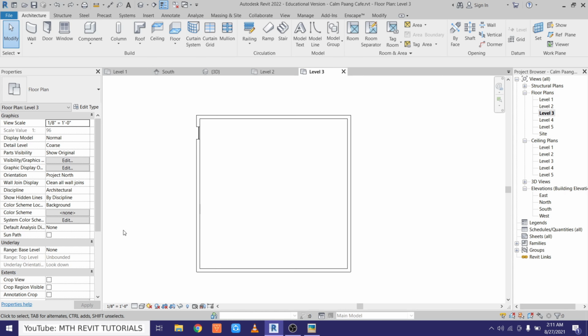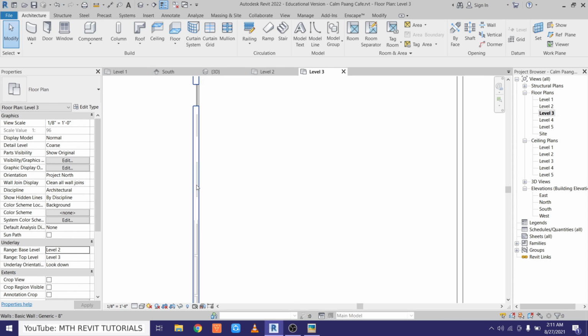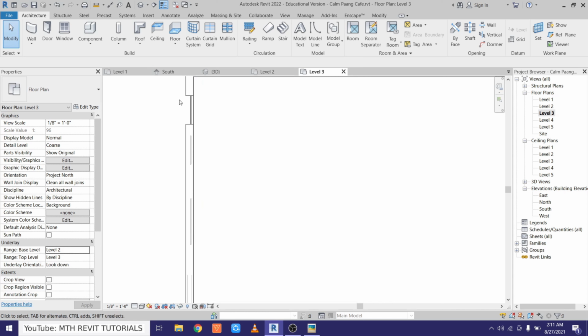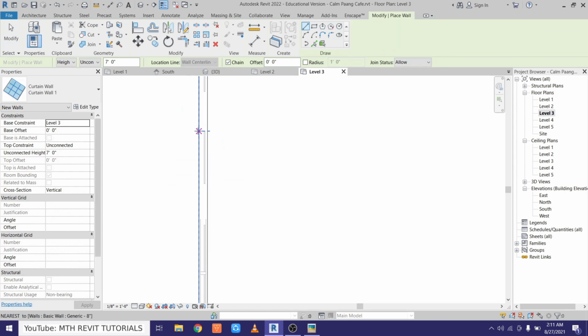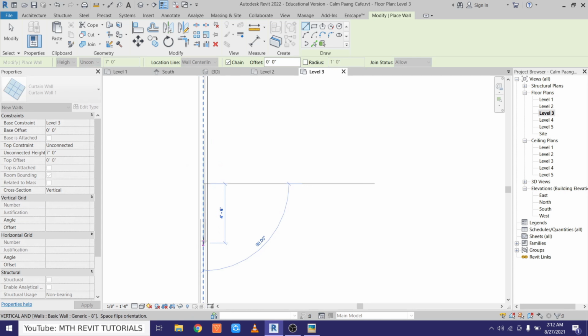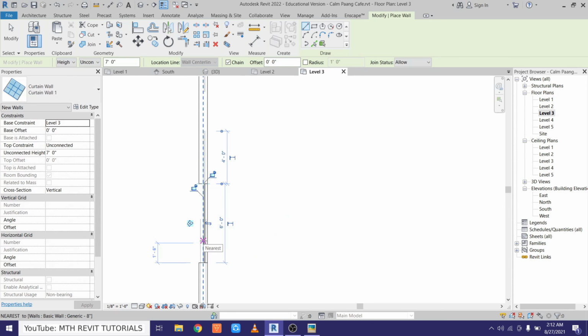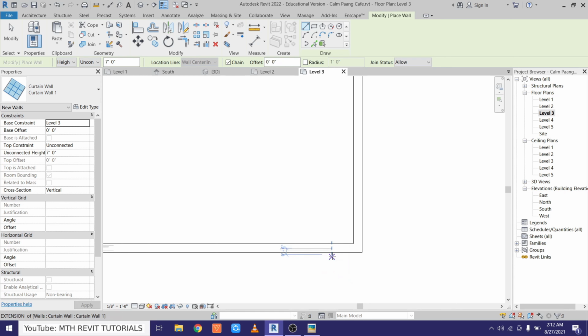Now I want to change the underlay to level 2, so we can use the level 2 window as a reference. Let's select this one, create similar, and you can see we have this window visible from level 2. So we want to create a 6 feet window from here. Now let's go here on this side and create one from here, an 8 feet window,